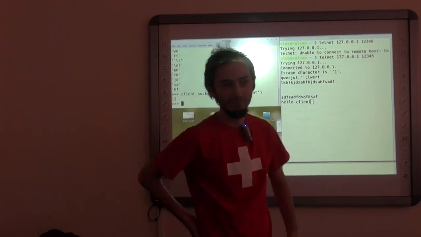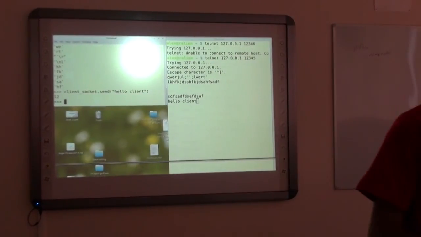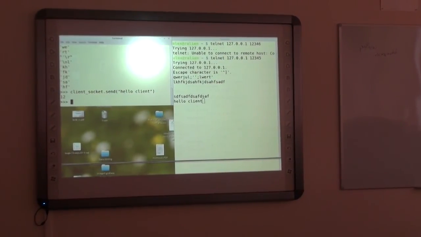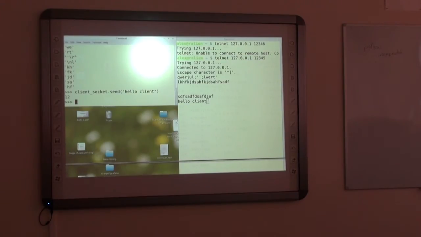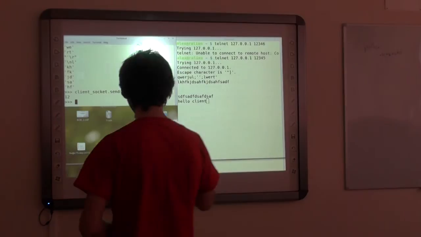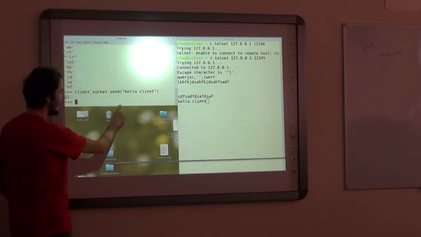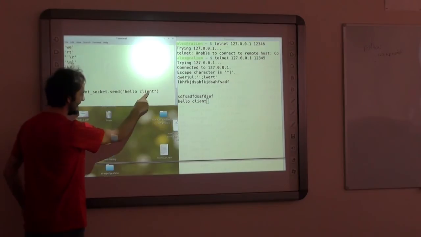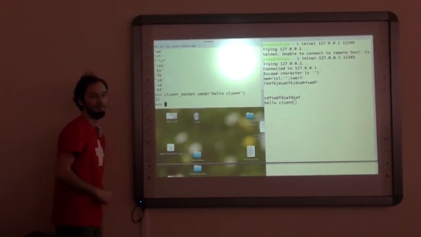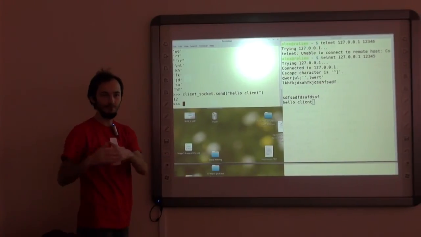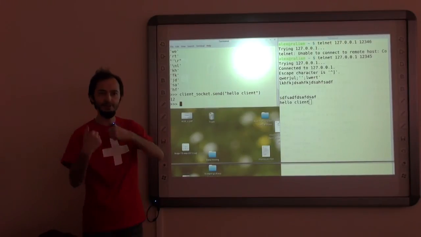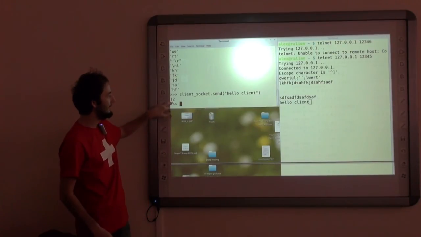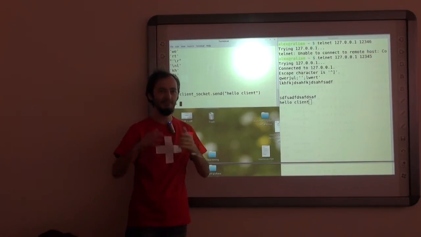Is it the number of the day? Is it the answer to life, the universe, and everything? Is it someone's favorite number? You don't actually know, but it's the number of bytes that are sent. Well, an attentive observer will count 1, 2, 3, 4, 5, 6, 7, 8, 9, 10, 11, 12. So if you read the manual where they tell you what this function does and what it returns, it says this number tells you how many bytes were successfully sent.